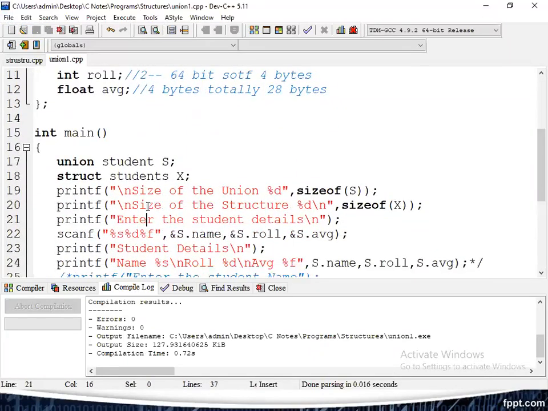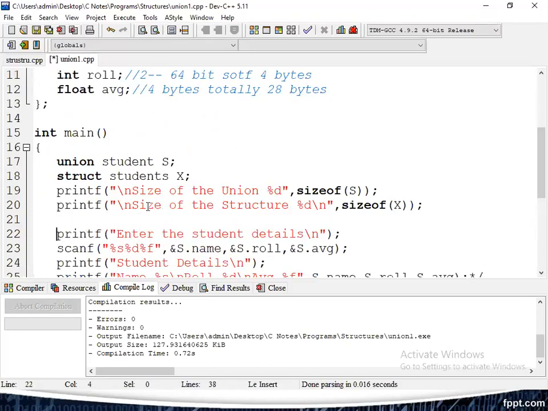In this example, you can see two types of accessing are there. In this practice, I used the structure only for comparison purposes. So I have to explain all remaining things only about union. That's why I will use only capital S as a union variable.